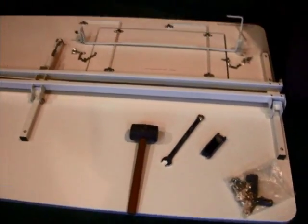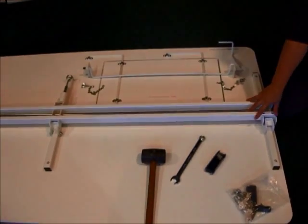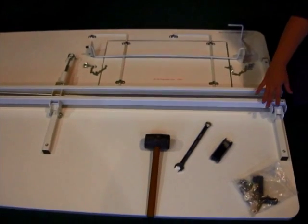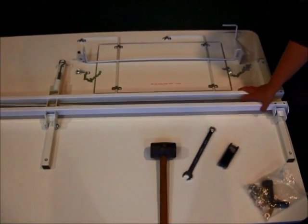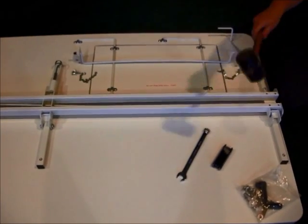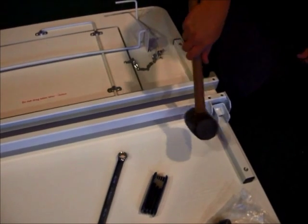Step 1, you're going to locate your legs. Step 2, locate your support frame. Step 3, you're going to be laying your support frame on your table. And you want to use the rubber mallet. You don't have to, but we do suggest it, to tap it in so that the